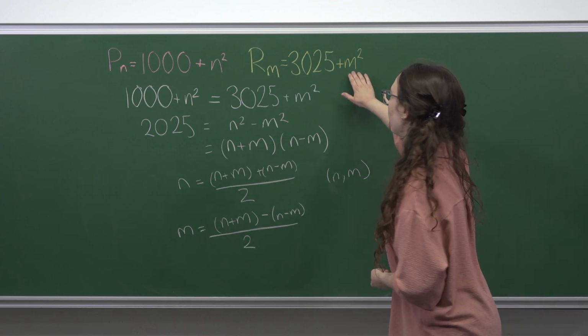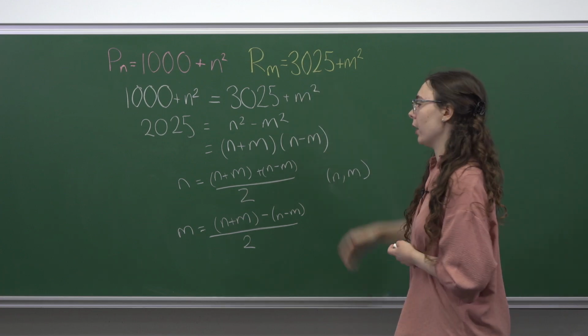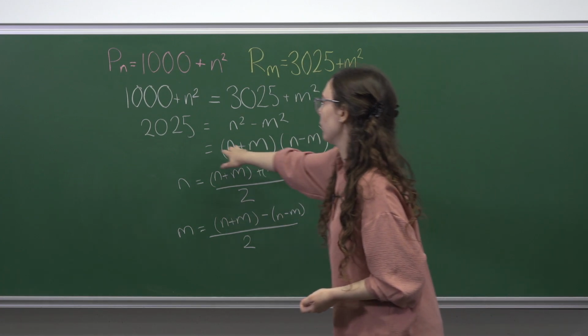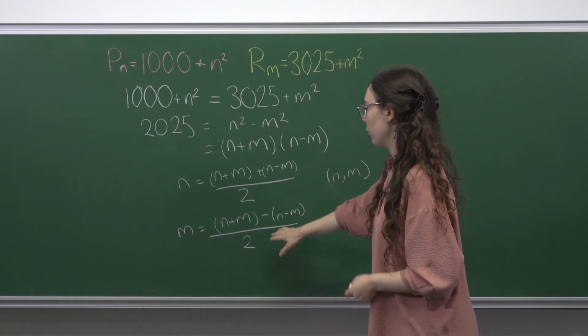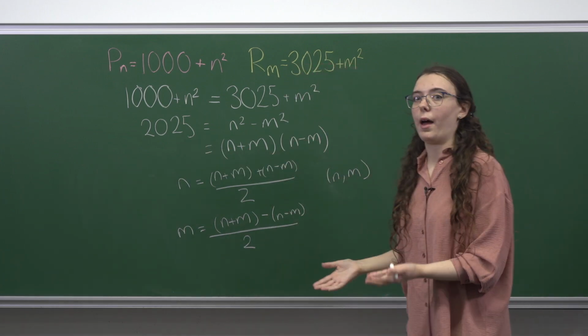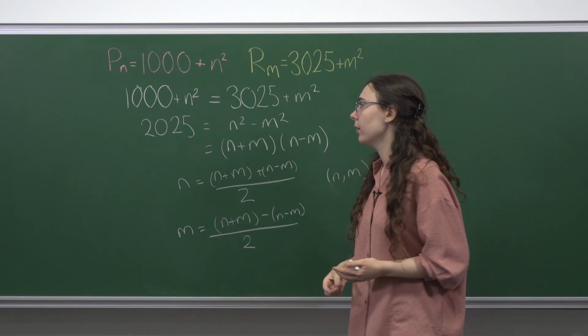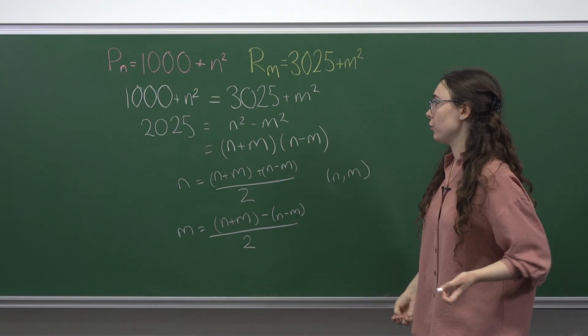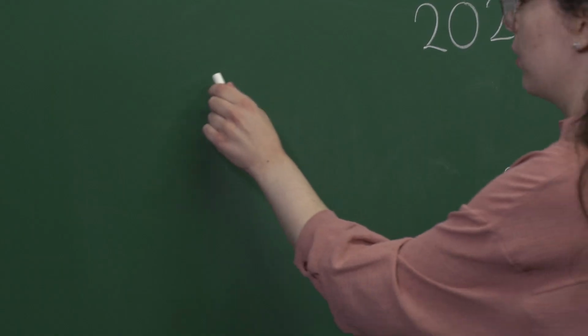So the case where m equals 0 corresponds to 3,025. So to solve this, we want to look for the pair of factors of 2025 which are closest together, but not the pair where they're equal. So not the pair where we have 45 here and 45 here. So after a routine check, we can see